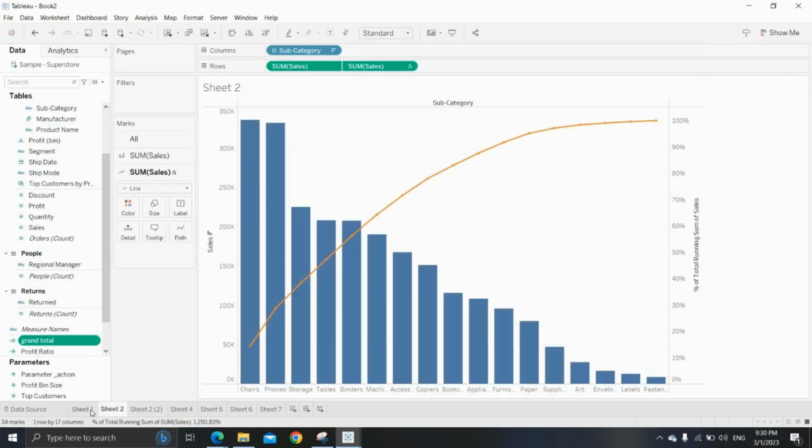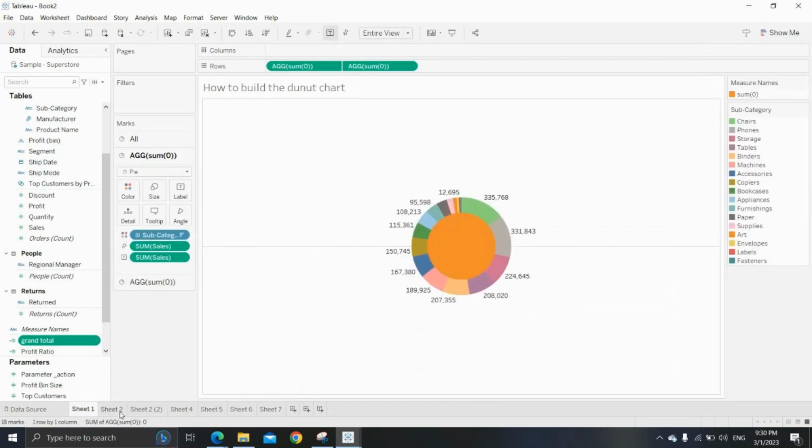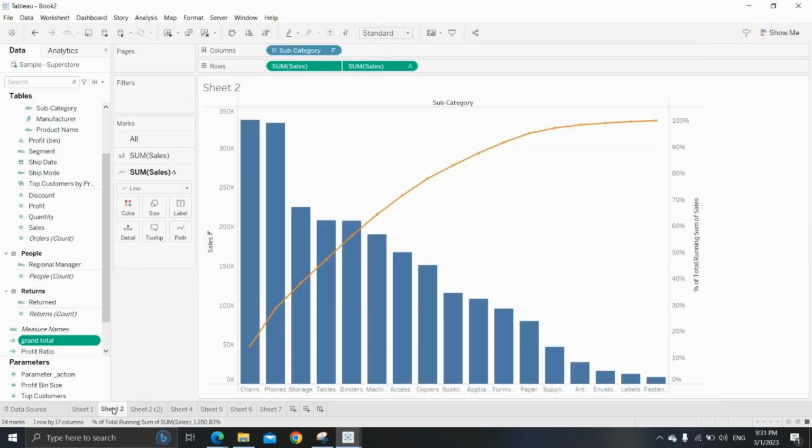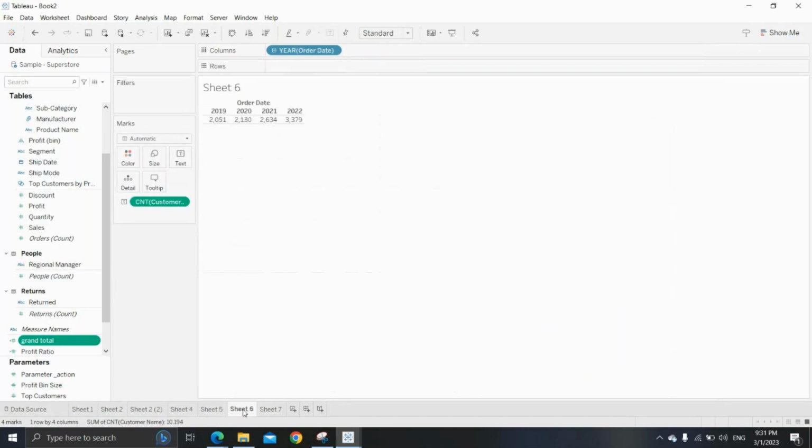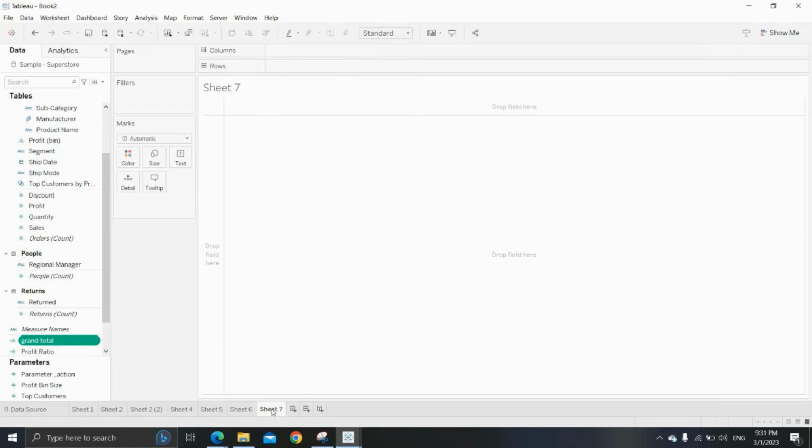How can we create a date function? My suggestion is, if someone asks you for a donut chart after this session, you should create it within a minute. Then only that is useful. So always I'm saying, just prepare it. Even if someone asks you to create a Pareto chart, you need to create it within a minute. So that much practice you need to do. Okay, so these are some scenarios. And tomorrow